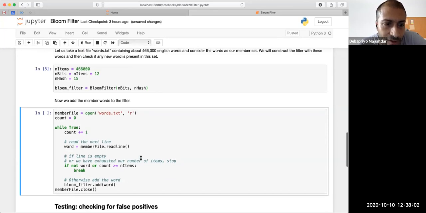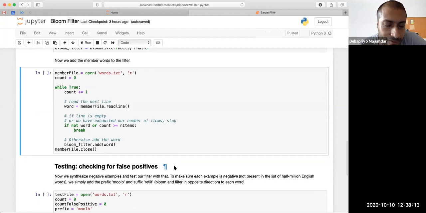Every time I add the word to the filter, this will set a number of bits to 1. Maybe those bits are already 1 for some cases.